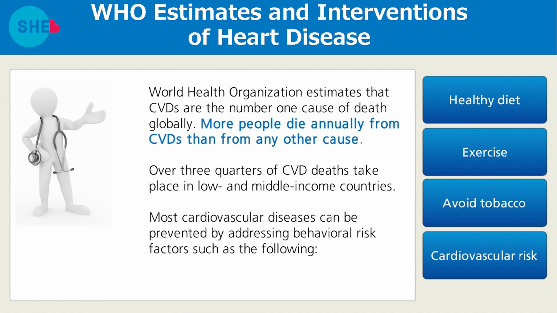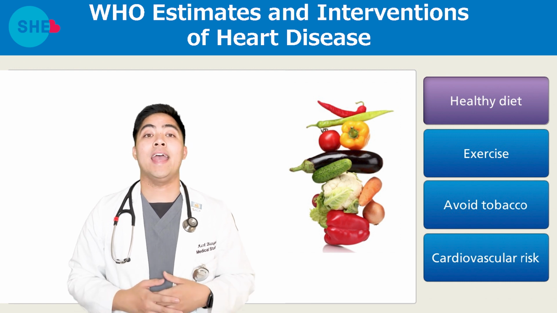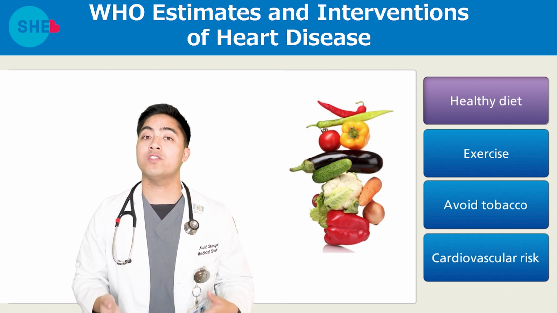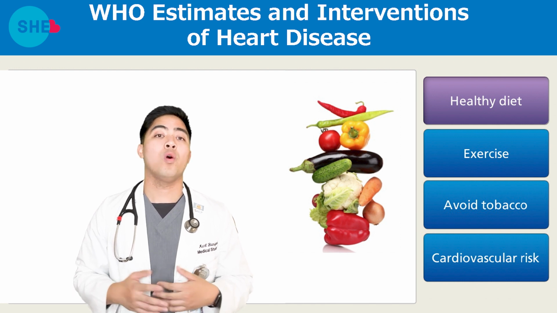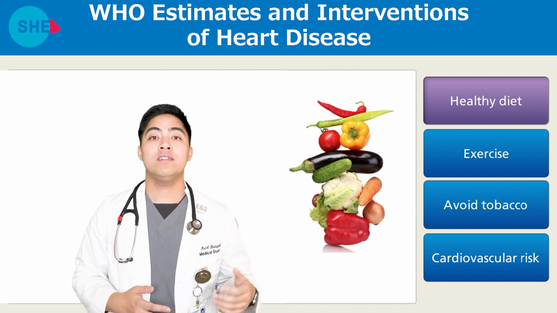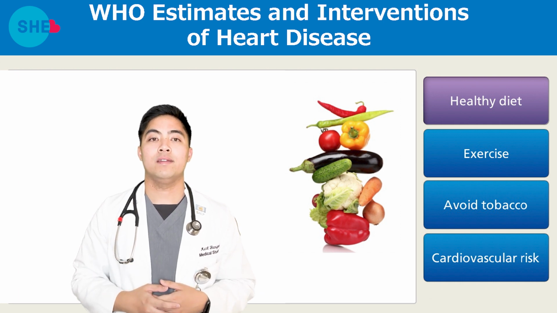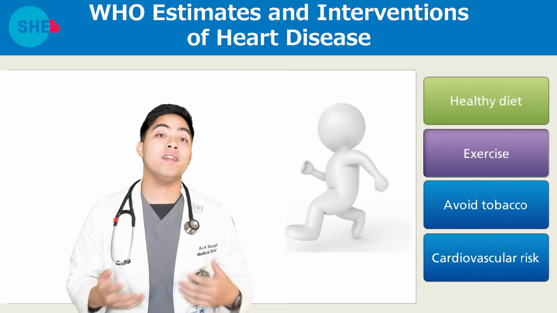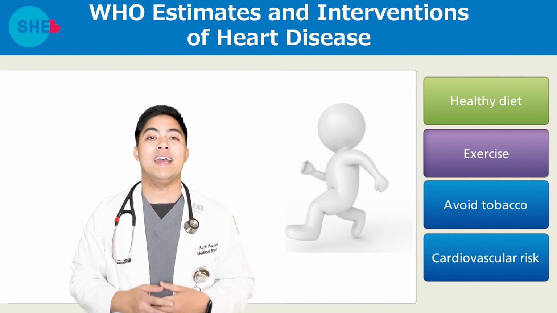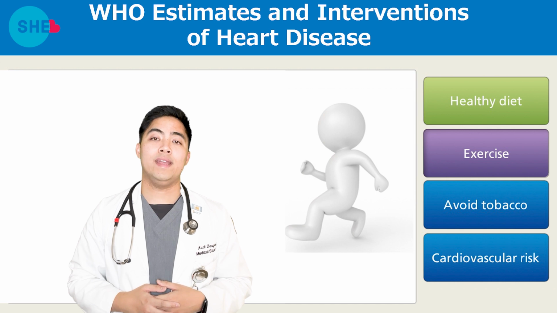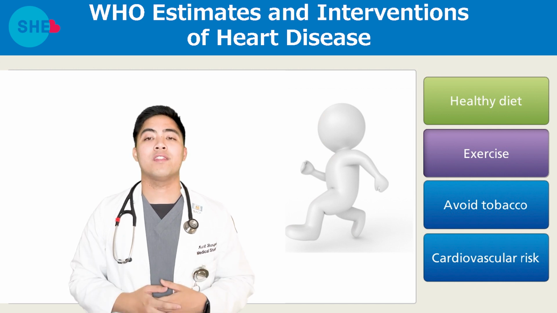Most of them can be prevented through certain lifestyle factors, such as a healthy low-fat, low-salt, low-sugar diet of fruits and vegetables, whole grains, beans, fish, and lean meat, with limited alcohol intake. Regular exercise, at least 30 minutes a day for cardiovascular health, and 60 minutes most days to control weight, because obesity is another risk factor.